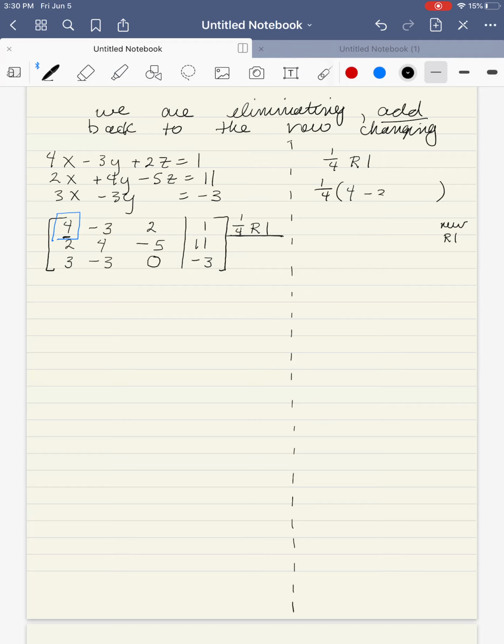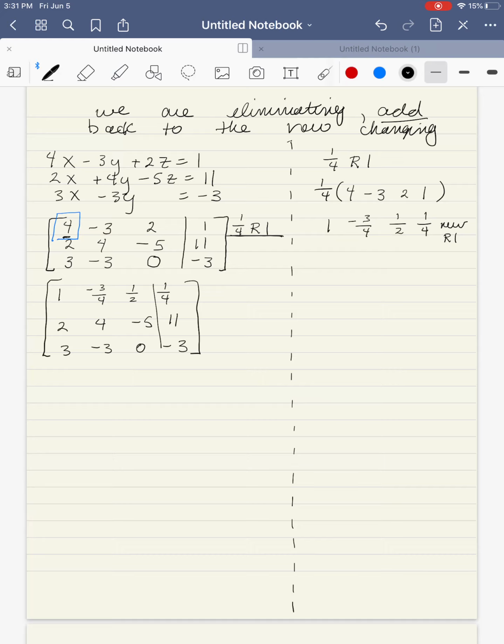So I multiply by row 1. I get 1. 2 over 4 is 1/2. And that's my new row 1, so I rewrite row 1. And then I recopy row 2 and row 3 exactly the way they were. And now I'm ready